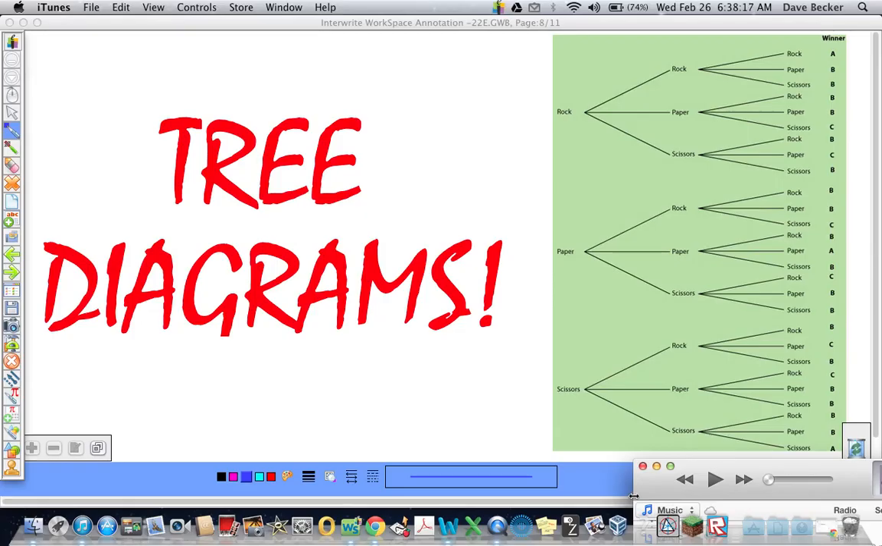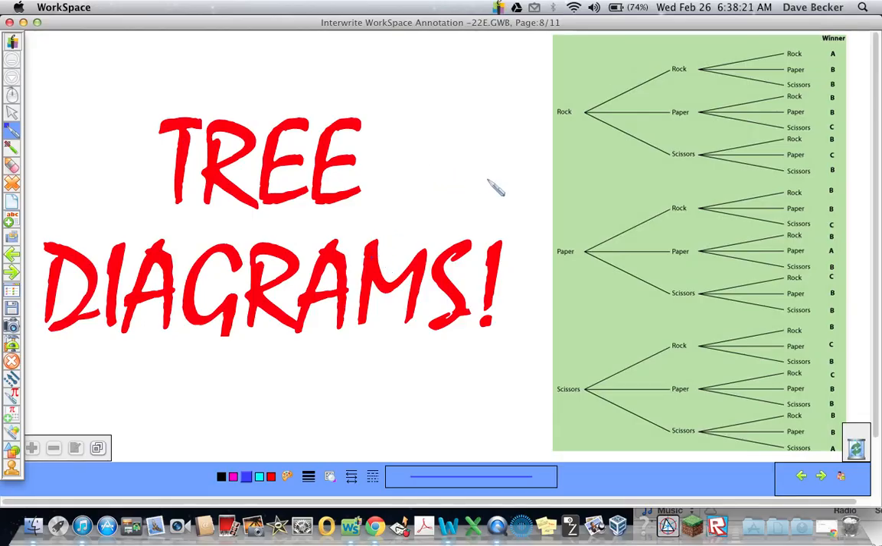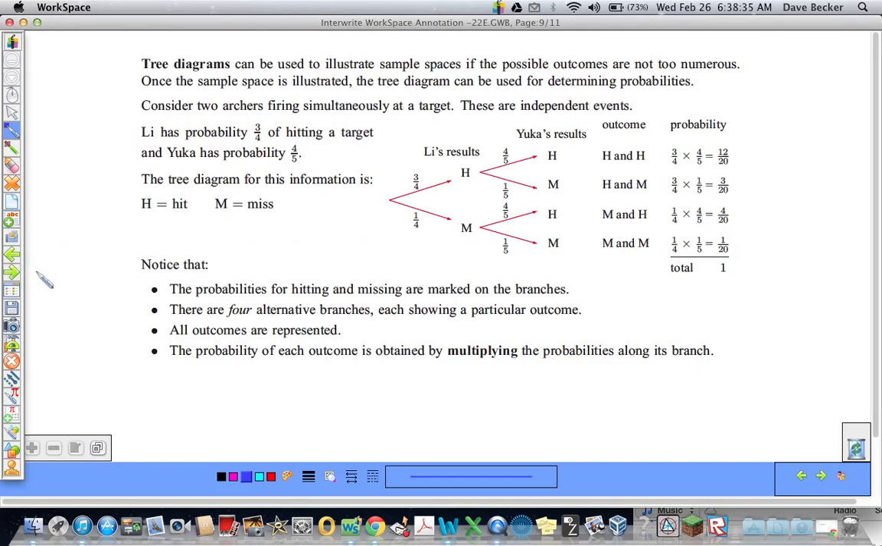Today, we are talking about tree diagrams. Ever play the game rock, paper, scissors? Here are all the possible events, showing the winners. We are going to do some cool tree diagrams. A tree diagram is pretty cool when you have to find the probability of compound events because you just follow the tree